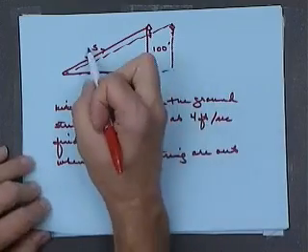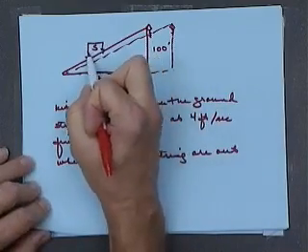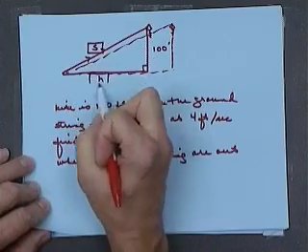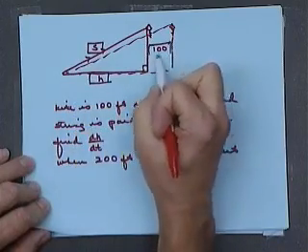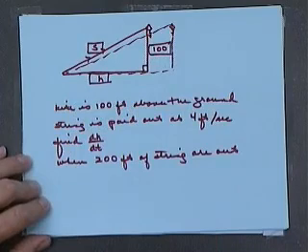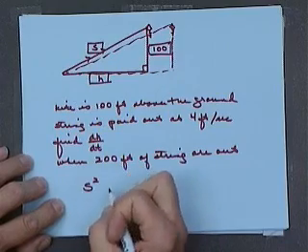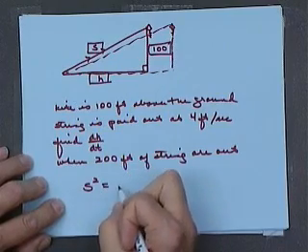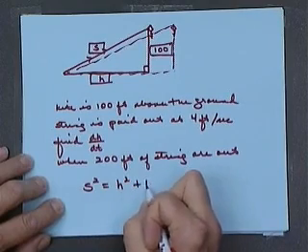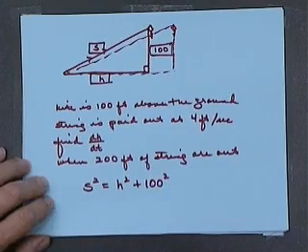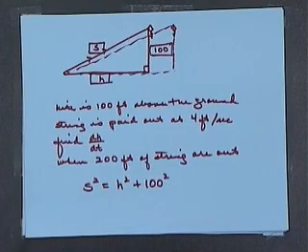So we want an equation that has S and h and 100 in it. What is that? Okay, Pythagorean. S squared equals h squared plus 100 squared. So that, regardless of how much string has been paid out or the rate at which string is being paid out, that is an equation that interrelates the